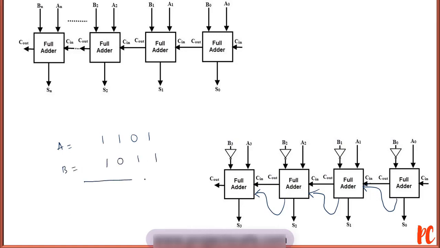If I am performing the subtraction operation, then 1 1 leads to 0 with a borrow 0, and 0 1 will result in 1 with a borrow 1, 1 0 1 with a borrow 0, again 1 1 0 with a borrow 0. So finally 1 1 0 with a borrow 0 0 0 0. This you can observe. The numerical value of this is 13 and the value of this is 11. 13 minus 11 will result in 2.